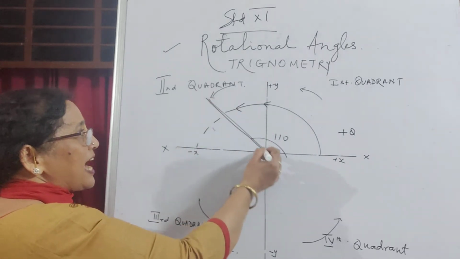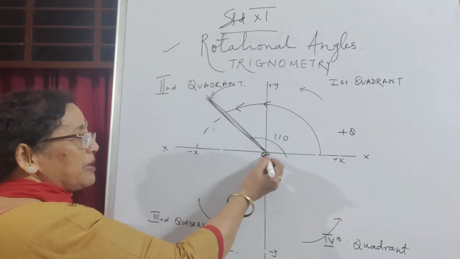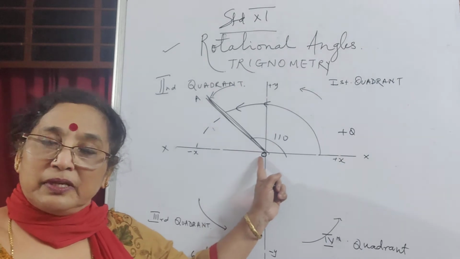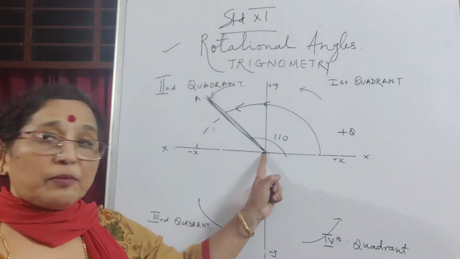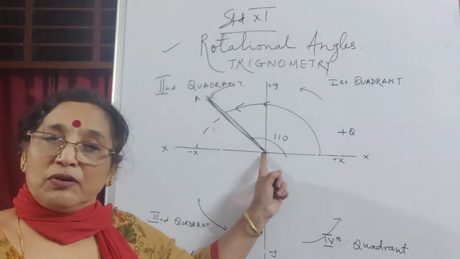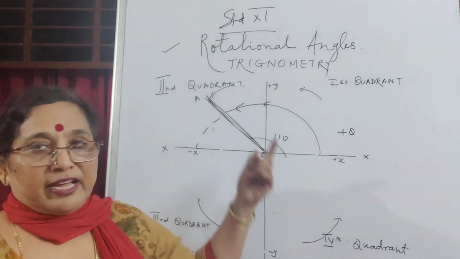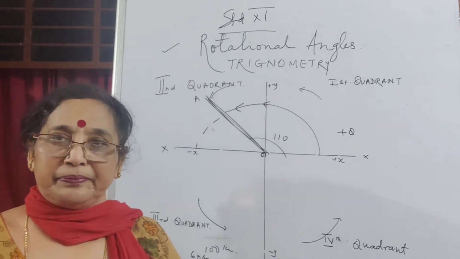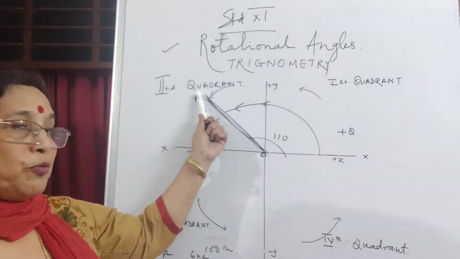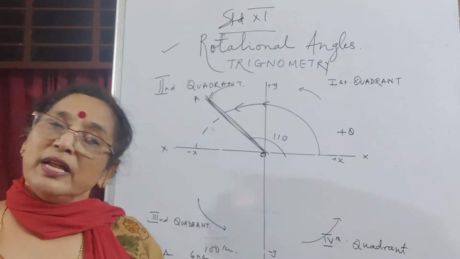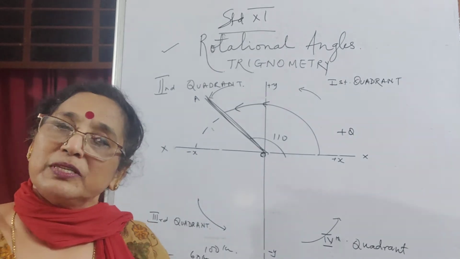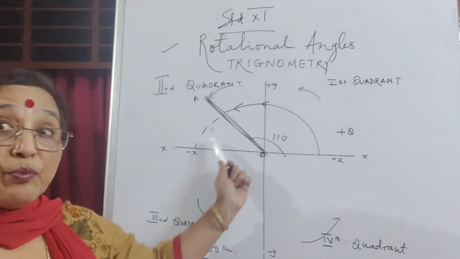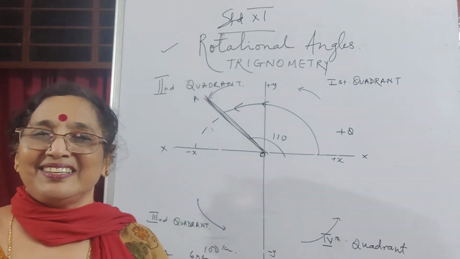So my location, I am here. Let us just imagine a stick rotating about the origin. The point about which it is being rotated is the origin. We are taking the position of lines with reference to the inclination made. Even if you are at a point A, I join it to the origin, and then we see what angle we have moved from the surface of the earth, or the horizontal. So here 110, which is clockwise 70 degrees.